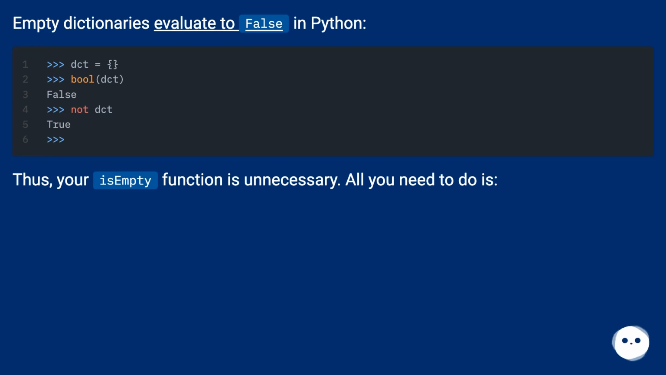Empty dictionaries evaluate to false in Python. Thus, your isEmpty function is unnecessary. All you need to do is